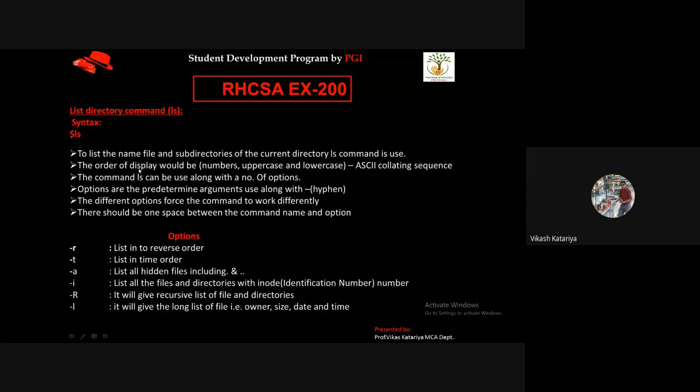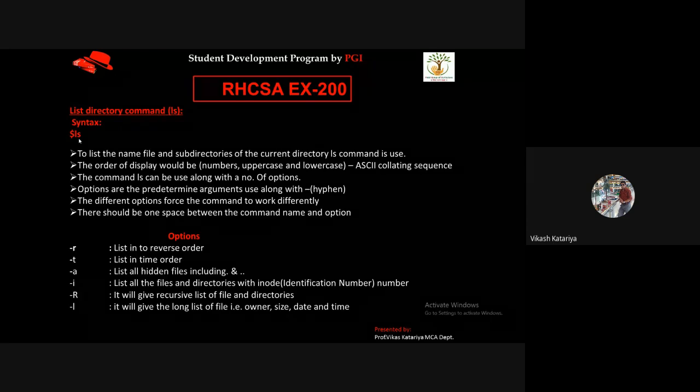List directory command. Linux supports a multi-user environment. So many users can work directly with the Linux machine. So every user has their own list of files and directories. The ls command helps us list out the files and directories which are created by the user in their own user accounts. So ls is just for listing the files and directories details.